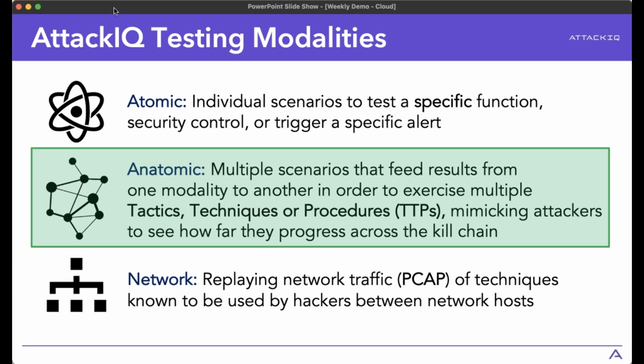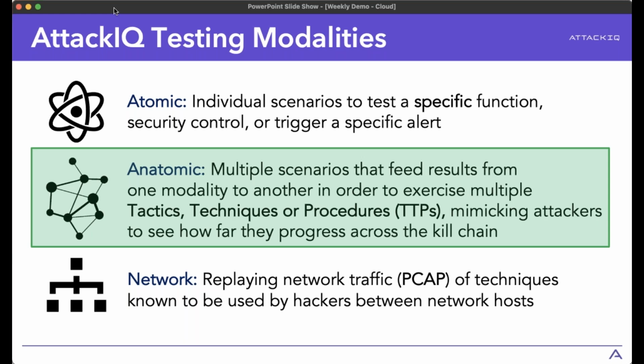Finally, we have network modalities, which means we're able to replay network traffic that has certain profiles, right? We're able to replay malicious C2 command and control traffic to see if your boundary controls are able to